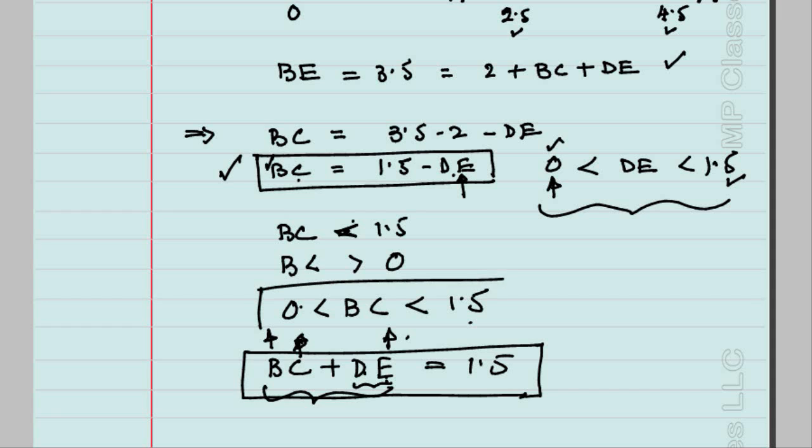So the answer is this. You should write one possible value. Look at the student produced response sheet and in what way they need the answer. If they need it in this form, then this is going to be your answer. If they ask what is the maximum value that it can take, then it will be a little less than 1.5. So look at the sheet and enter your response accordingly.